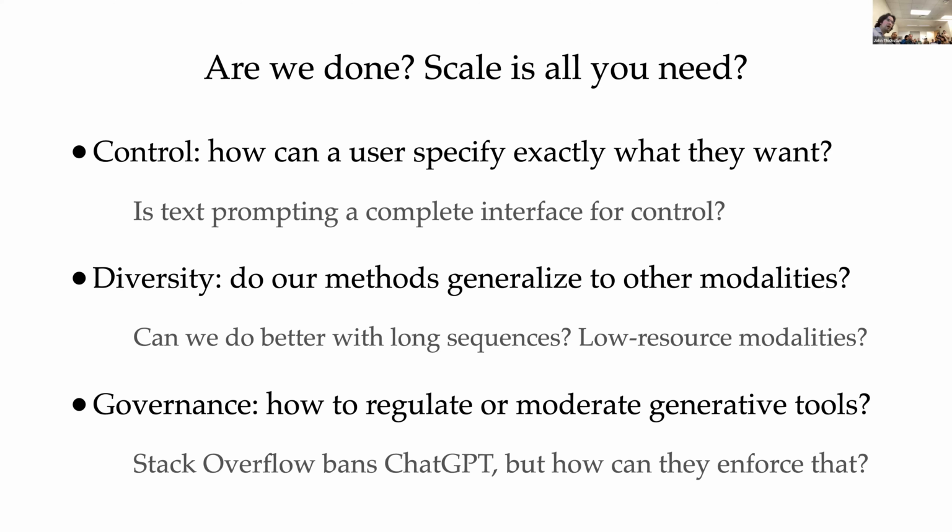And finally, another set of questions that are completely orthogonal to these scale questions are these issues of governance. So we saw recently, as ChatGPT got popular, some communities online moved to try to ban the use of these products on their platform. But there's really no way to enforce these bans. In fact, the whole point of these generative models is that they're very convincing in their outputs. So you're trying to ban ChatGPT, but ChatGPT is trying to fool you into thinking that it's a human. How are you supposed to moderate and enforce this ban? And all these questions are completely orthogonal. You can't solve any of these problems by scaling the model up. So there's a lot of work still to be done.